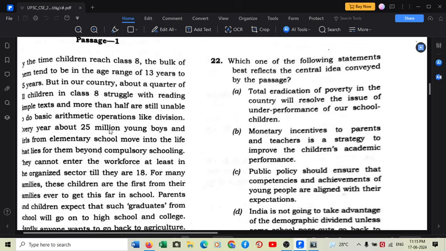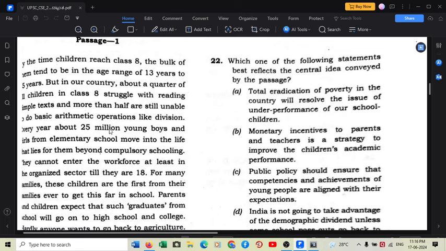Okay, so this is another problem with India. This statement talks about dropout rates. Dropout rates are very high. After elementary school, which is class 8, if this number of 25 million boys and girls are moving out, that means they're dropping out from school. So definitely their skill set will be much lesser than the children who are able to continue school.